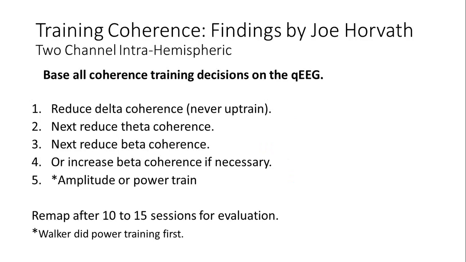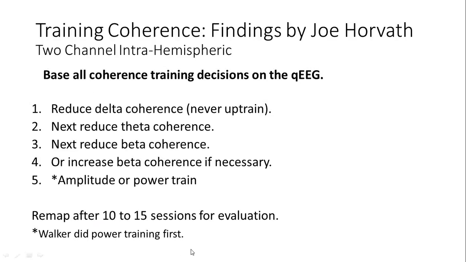What about training coherence? Well, Joe Horvath and Dr. Walker down in Texas pretty much pioneered coherence training, and they were using the Lexicor coherence mostly to do it, as far as I know. Lexicor, as you know, is not the phase coherence that Thatcher uses, and Brainmaster has adapted phase coherence, although you can get the Lexicor coherence in Brainmaster as well. So you have a choice there. You can use either one, but a lot of this was done, I think, with the Lexicor types of coherence calculations. And a lot of this early training was.